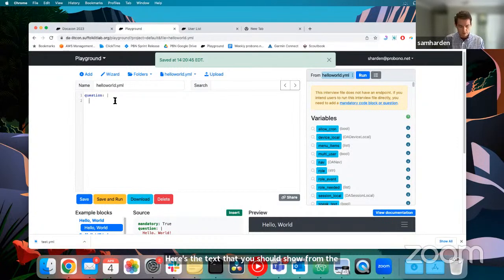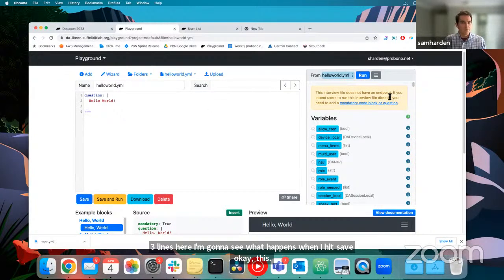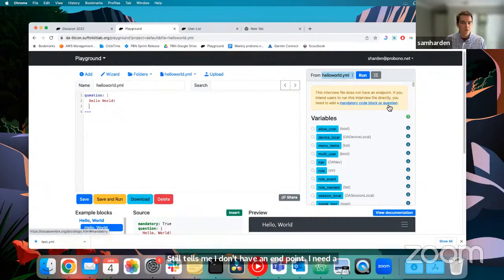So I'm going to put in hello world, and then I'm going to hit 3 lines here. I'm going to see what happens when I hit save. Okay, this still tells me I don't have an endpoint. I need a mandatory code block or question. So what that's telling me is DocAssemble's reading through this YAML file, trying to figure out what to do from what I'm telling it. And it just sees that I have a question, hello world, but it doesn't know that it has to display that question. So what I'm going to do is go up here and put in a variable,